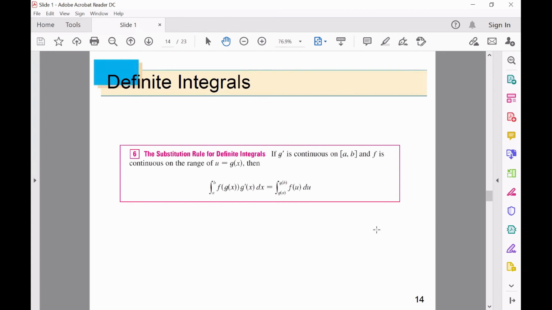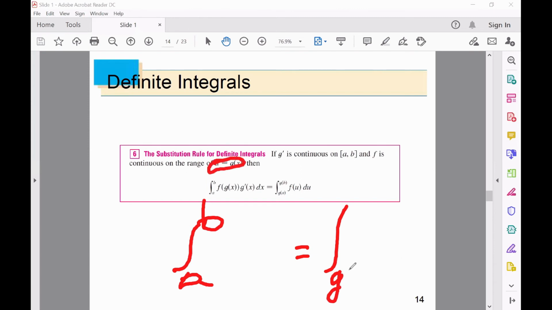Okay, so here is the new rule, because we talked about the substitution rule. But when it was an indefinite integral, we did not talk about what we have to put here and here. Is that clear, guys? We did not talk about this. However, before the change of variable it was a to b, and it becomes g of a to g of b. What is g? g is the change of variable. When u equals g of x, we have to put g of a and g of b.